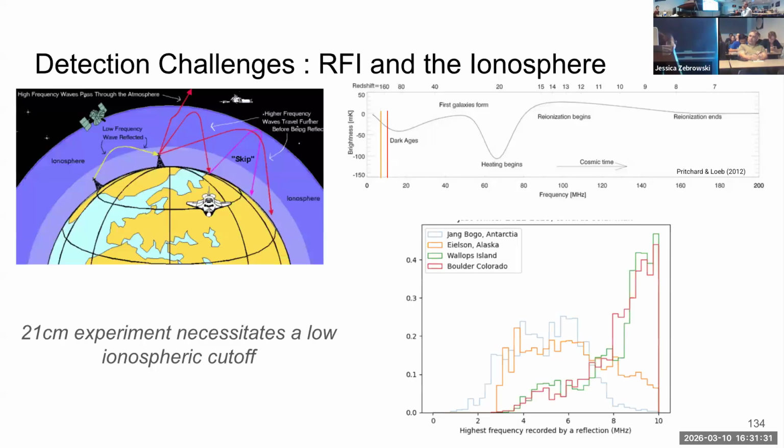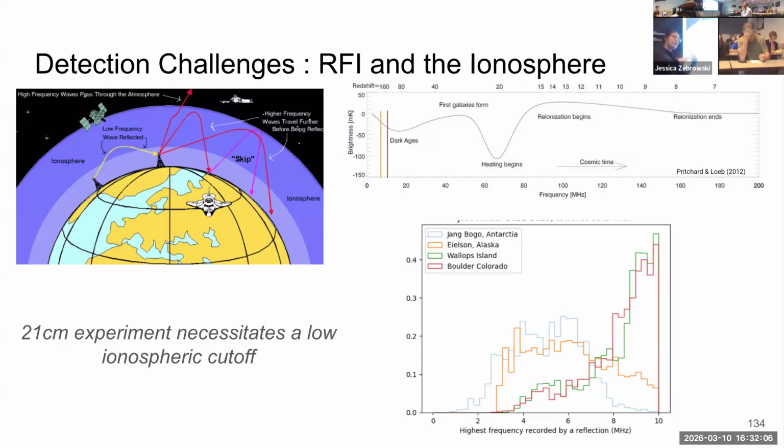Why is this hard? And the answer is 2 parts. One is RFI, and the other is the ionosphere, actually. So when you think about the ionosphere, you might think about ham radio enthusiasts, and people with ham radios can talk to people on the other side of the world because they can bounce the radio waves off the ionosphere. And that is great if you're enthusiastic about ham radio, and it is terrible if you're enthusiastic about cosmology. Because if the radio waves are bouncing off the ionosphere, that means nothing's permeating into space, or conversely, no astrophysical signals are getting in through the ionosphere.